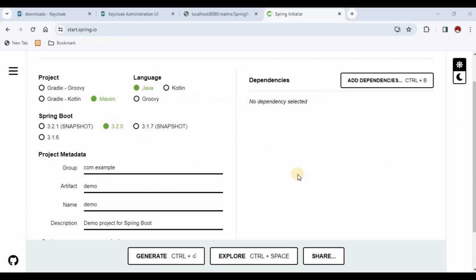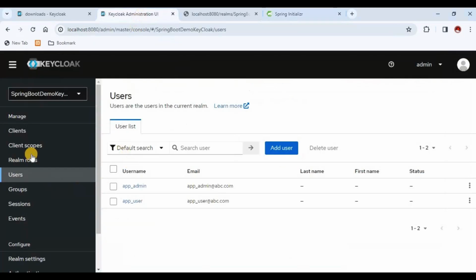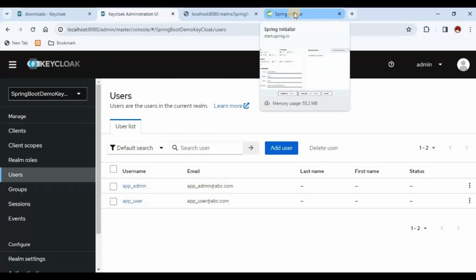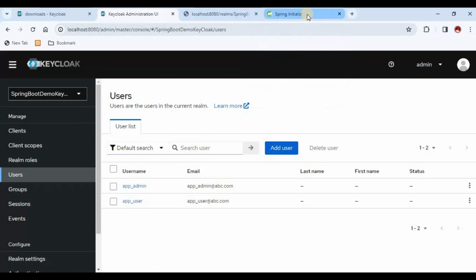I hope the configuration side is clear about Keycloak: how we are going to create the users, the new realms, roles and clients, and how we are going to map those things. All these things can be done from this Keycloak admin UI. Now, for integrating this Keycloak with Spring Boot APIs,